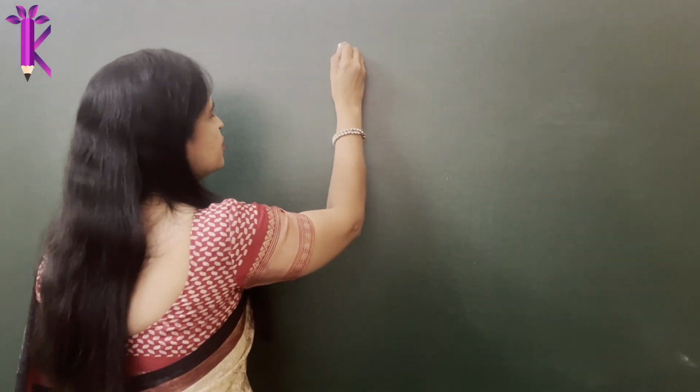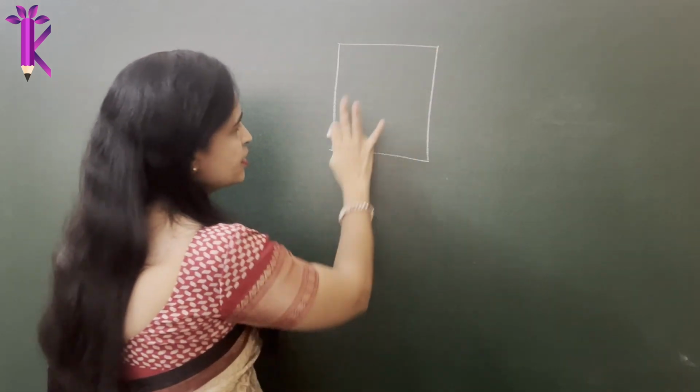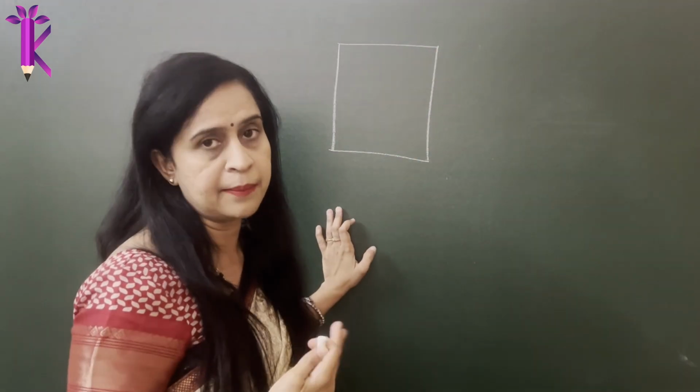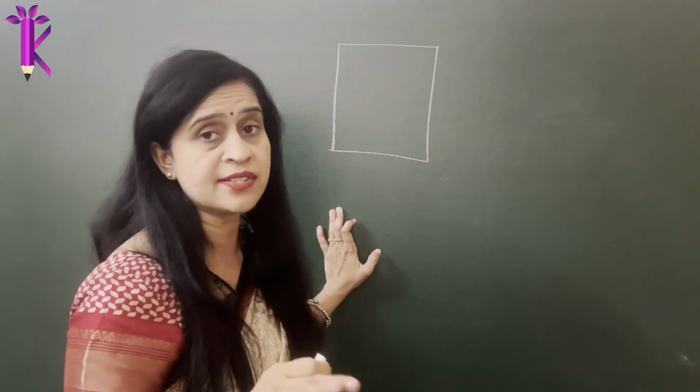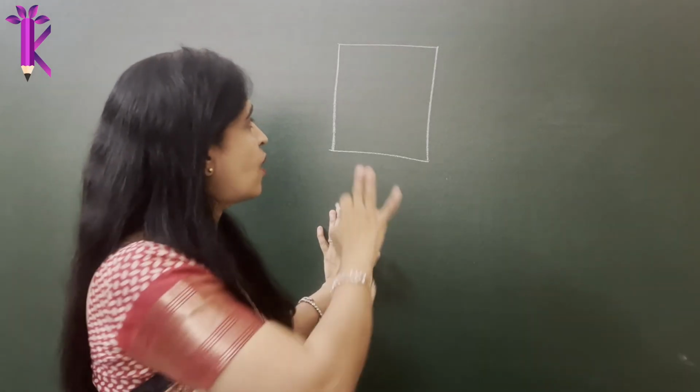Now let's imagine you have a neutral conductor. What do you mean by a neutral conductor? Imagine this is some metal. Now this is neutral. When I say neutral, I mean in charges, right? The charges are neutral. So what do you mean by neutral charges? That means this is not charged.